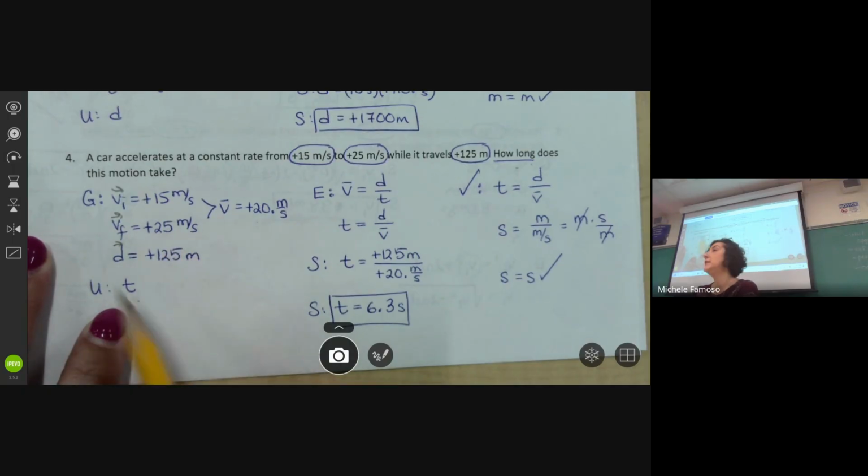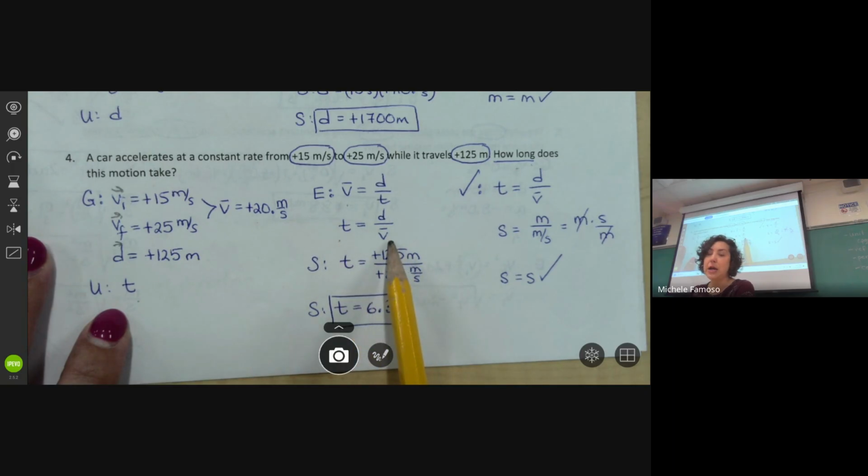Now, there is no acceleration given, which means there's only one equation on your reference table that enables you to solve this. There's no A. So when you look at your reference table, the only equation that doesn't have an A in it is this one: V bar equals D over T. We need to solve it for T, so you do the algebraic manipulation next, which gives you T is D